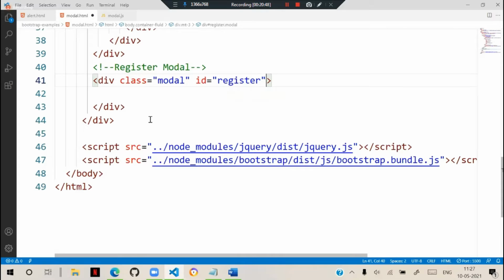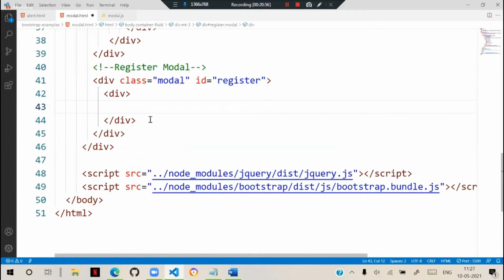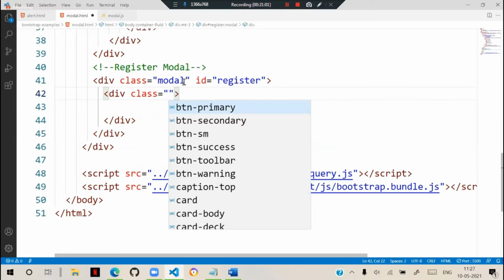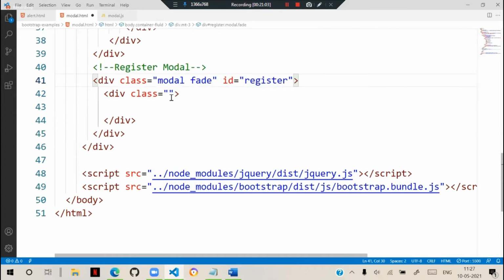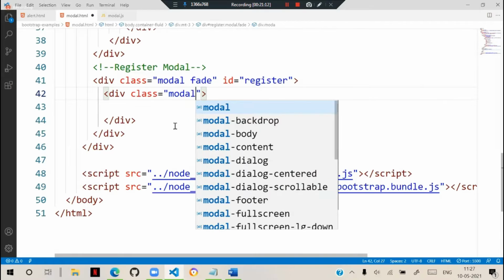Now there are some more points you need to understand, and I will tell you those also. Here, what is the hierarchy? In this, we should have a class. The model can have an animation of fade. We need the model class, and then a model dialog.